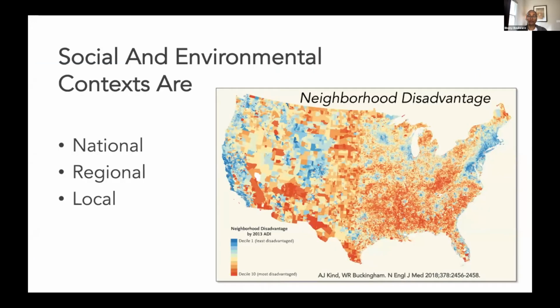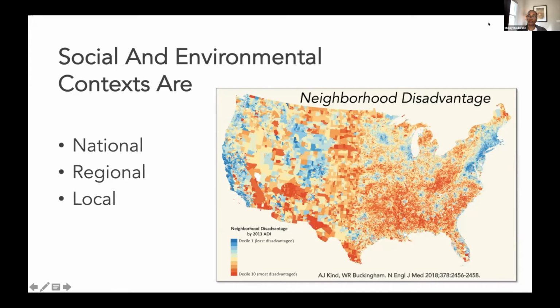And this is a depiction of neighborhood deprivation. It comes out of Dr. Amy Kind's work, and it's a neighborhood disadvantage index by county. It's an index of, I believe, about 11 different variables such as education, income, employment status, and a number of environmental variables that indicate a neighborhood's deprivation in terms of the kinds of resources that are available to a neighborhood, where the red areas are areas where there's most disadvantage and the blue are where there's least disadvantage.